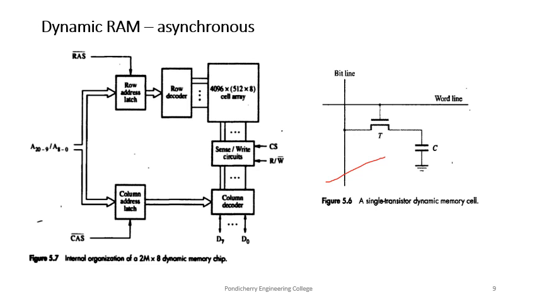Though SRAMs are very fast, they are of higher cost because the cells require several transistors. It's a larger cell, and this can be made less expensive by using a simpler cell. However, such cells do not retain their state indefinitely. That is a problem. In the cross-coupled inverter structure, as long as the power is on, the data will be retained indefinitely. But in this DRAM structure, it is not so. The data stored will be available only for some fixed amount of time.